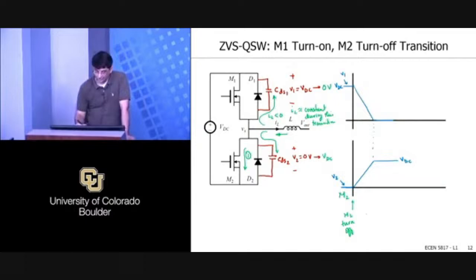Now, if you wanted to be really accurate, this obviously is going to go slightly negative, right? So it might actually go a little negative, and this would actually go a little positive,